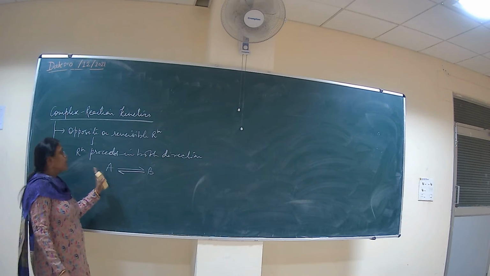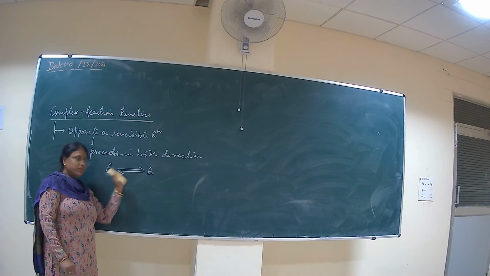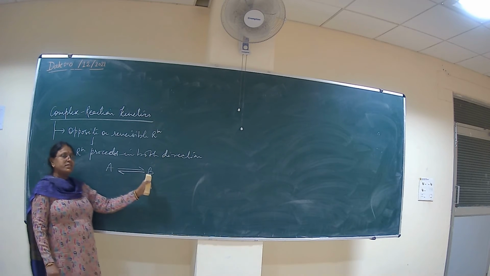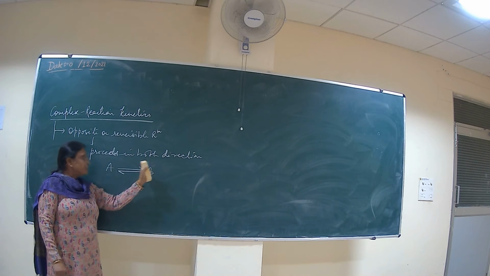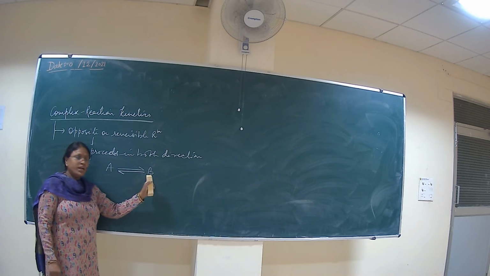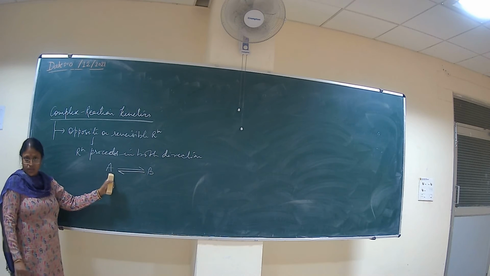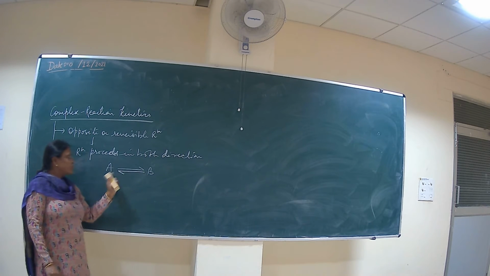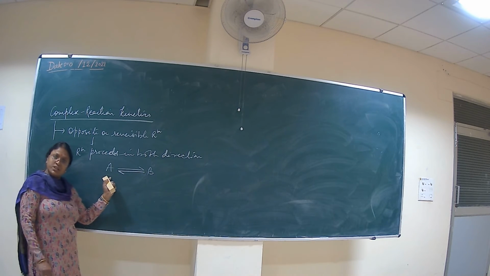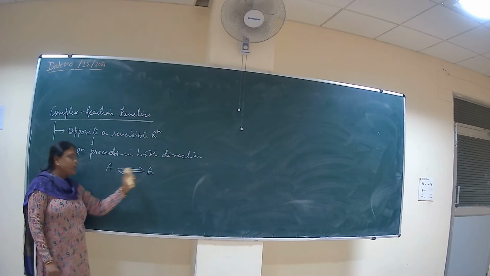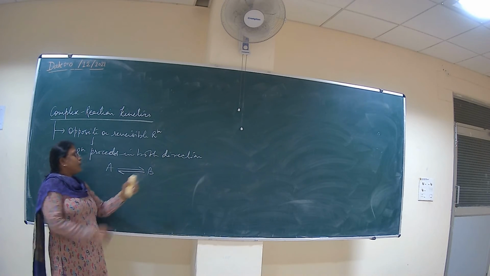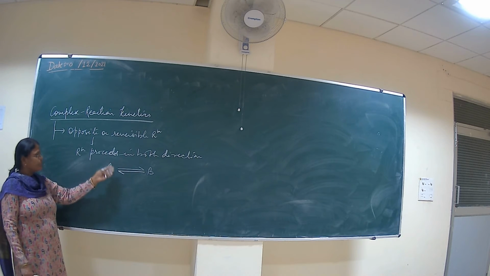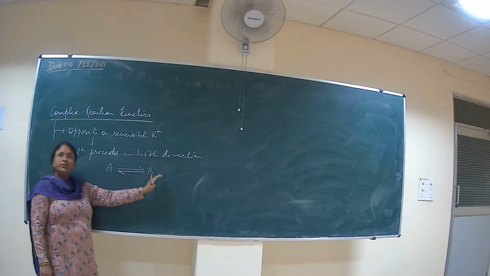Okay, because when the A is converted into B, there is a decrease in the concentration of the A and an increase in the concentration of the B. And as soon as a sufficient amount of B is formed, then again this B is converted into the A. So here, as the time proceeds, the concentration of both changes. Sometimes A decreases and B increases, and when the B concentration decreases, then the concentration of A increases. And as soon as a sufficient amount of A is formed, then it is again converted into the B.